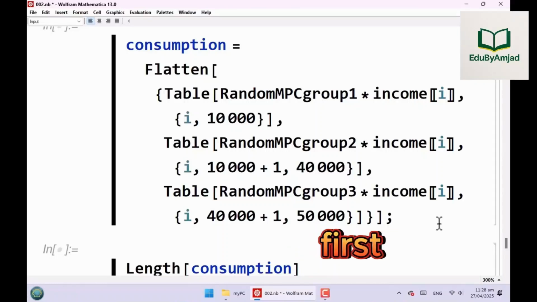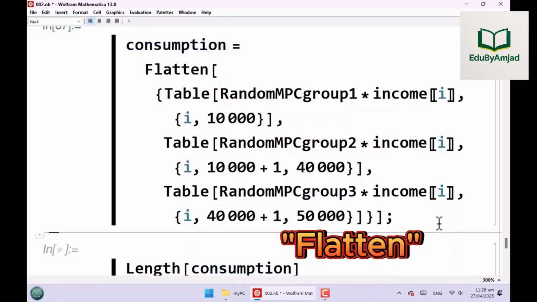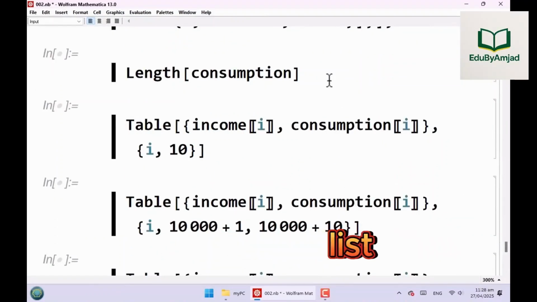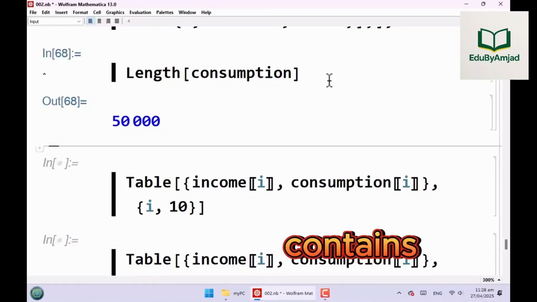It ranges first from 1 to 10,000, then from 10,000 plus 1 to 40,000, and then from 40,000 plus 1 to 50,000. To merge the three lists, we have used the flatten function of Mathematica. Because we have already used a flatten function, when we check the length of the consumption list, it tells us that the list contains 50,000 elements. So, the three groups are already merged in consumption row vector.